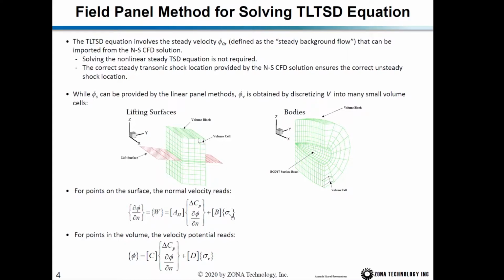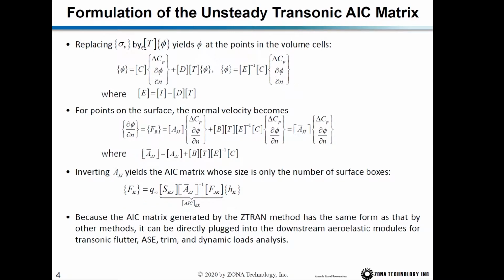B is the influence from the volume cell to the control point on the surface, times sigma v. For a point in the volume cell, the velocity potential can be calculated based on a matrix C. Matrix C is the influence from the surface delta Cp and the source term to the centroid of the volume cell, plus a matrix D times sigma v, and D is the influence coefficient from volume cell to volume cell. Sigma v can be replaced by T times phi, and then we have this equation. We combine the phi together, and we can relate phi to the unknown surface delta Cp and the source singularity through these two matrices, where E inverse,